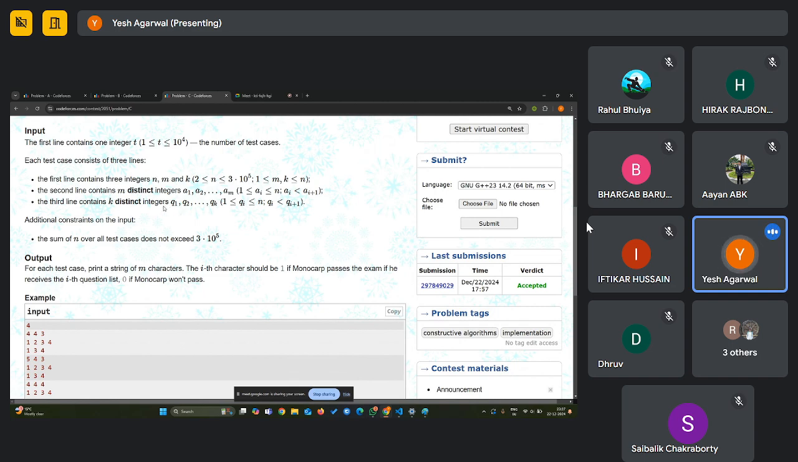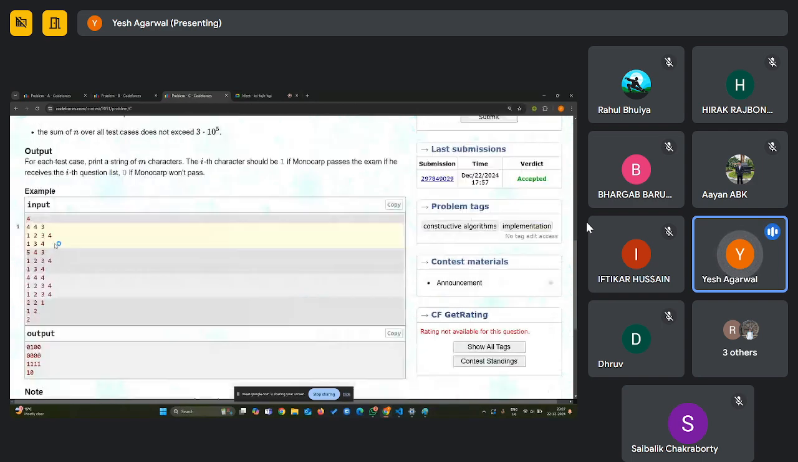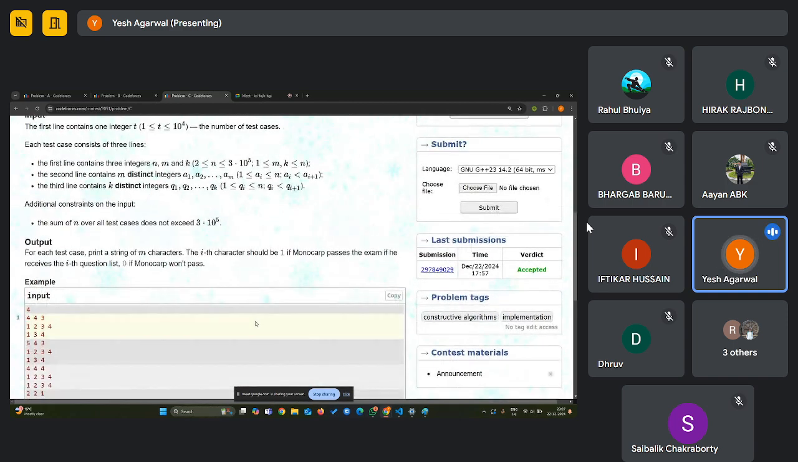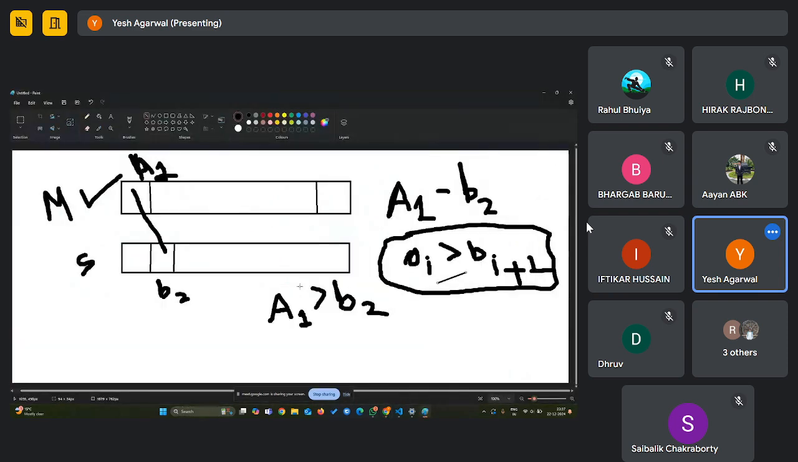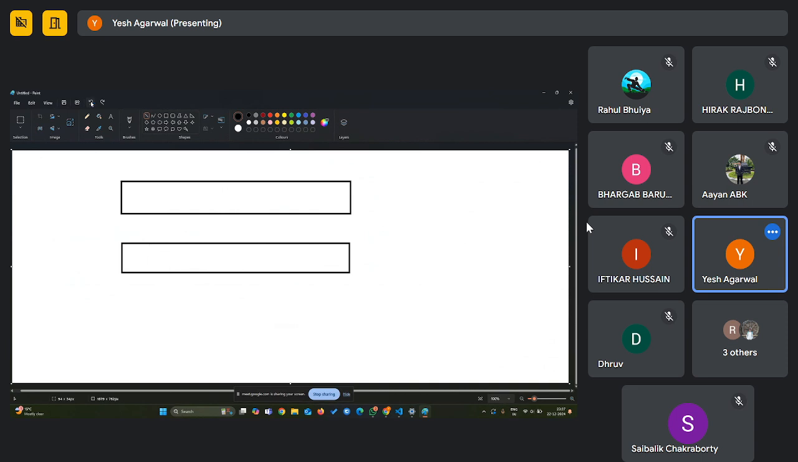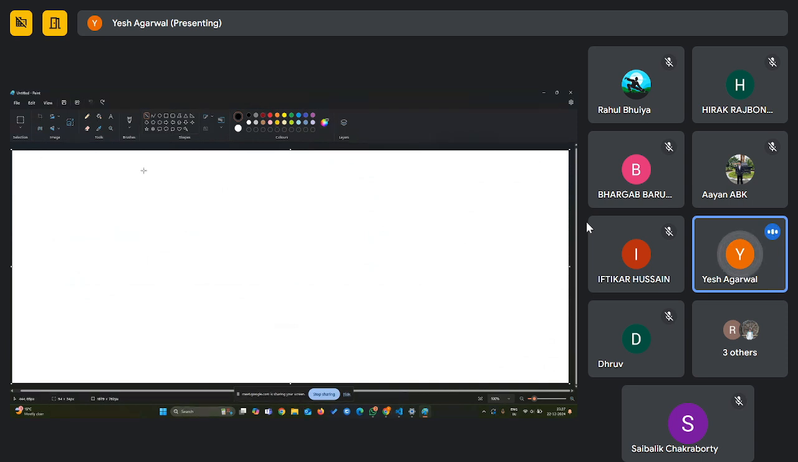But the main twist comes when k is equal to n minus 1. In that case, we will be trying to find the numbers of m which have the same missing question that Monocarp cannot solve. For example, let's say Monocarp has